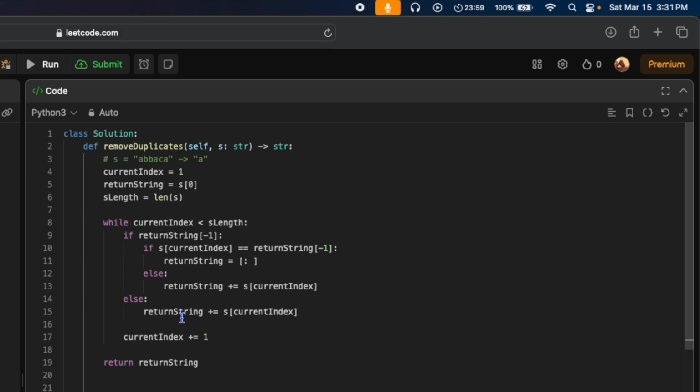Current index is 1, right? We're starting with the second letter, or the second item, of S. Return string is the first item of S, and we have our variable for the length of S. While current index is less than the length of S, meaning that it goes up to the very last index,